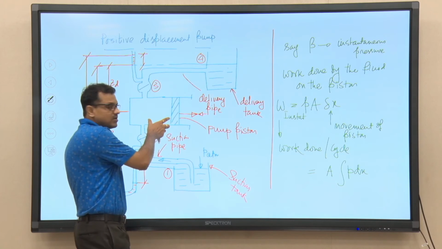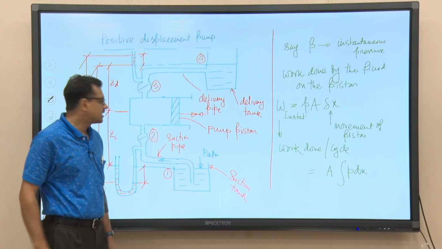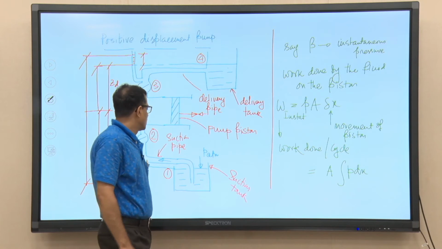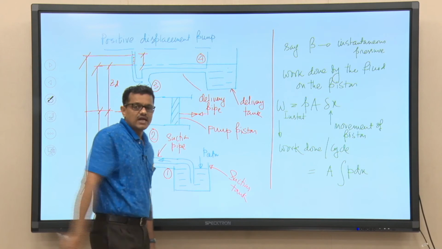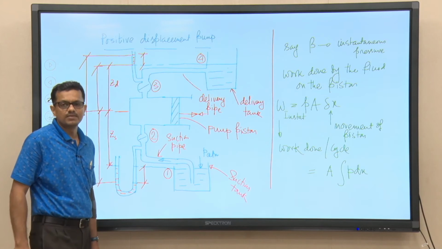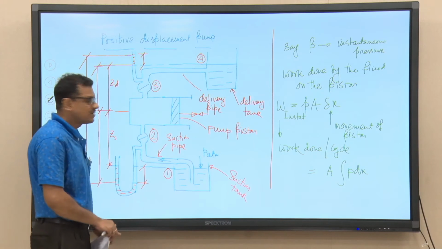See, whether the amount of liquid that will be discharged by the pump will depend on what? That is the speed of the pump at which it is operated, right. So, now if we try to look at the expression of that quantity, what is the amount of liquid that will be handled by the pump, that will be delivered by the pump, okay? That will definitely depend on the speed of the pump.